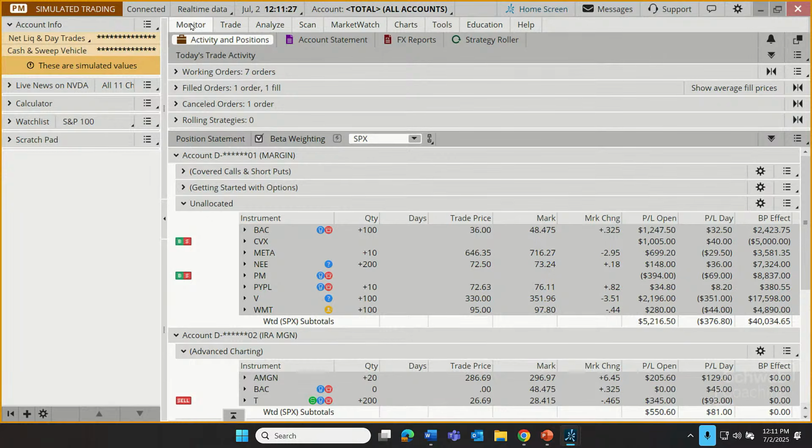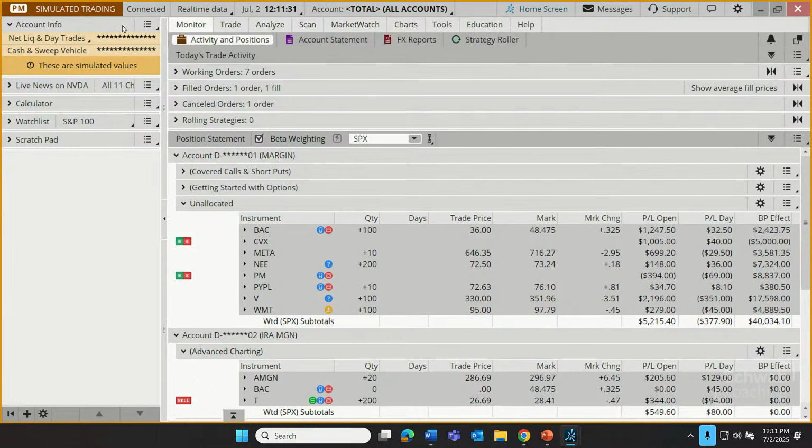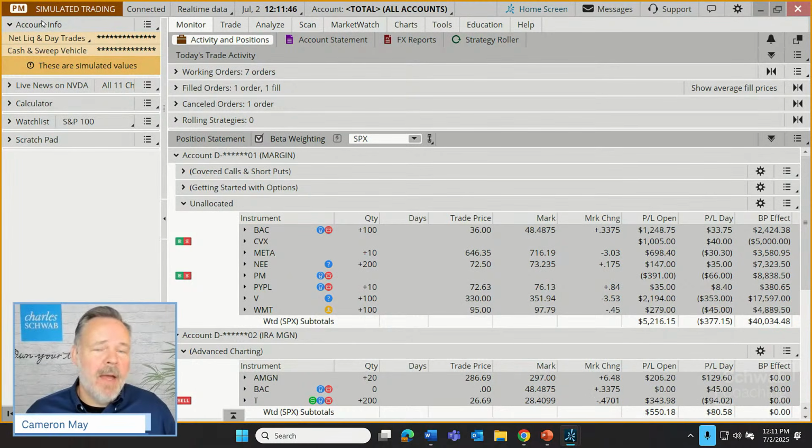All right. So let's start up here in the upper left. And I want to first note, this is a big question for some traders. Hey, I want to see whether I'm in paper or my real money. What's the total value of this account and how much cash do I have in that account? That can be found right up here under the account info area. And by the way, do you notice the quite reassuring label that's right up here in the top left?